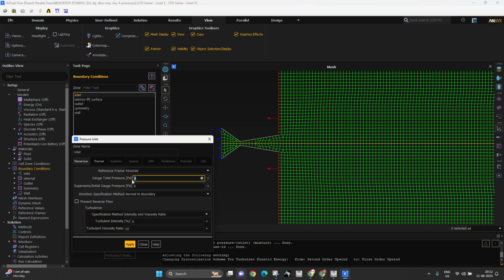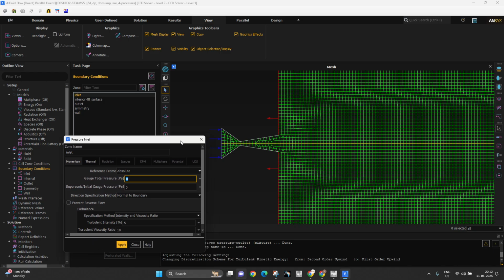Then here gauge pressure and initial gauge pressure. These are the two things where it will ask. Now that is nothing but chamber pressure. Now let's say that at the chamber pressure it is like 100, at the bottom it will be 99. Now see over here, if I give 5 over here, it should be 4. Now let's say if I give a random number of 88, here I'm going to keep it as 87 or